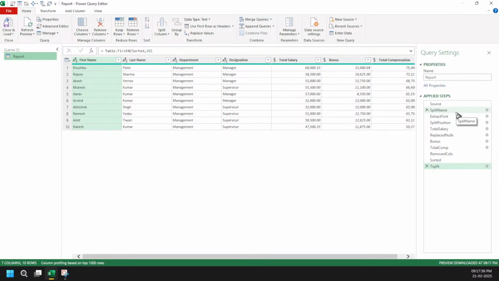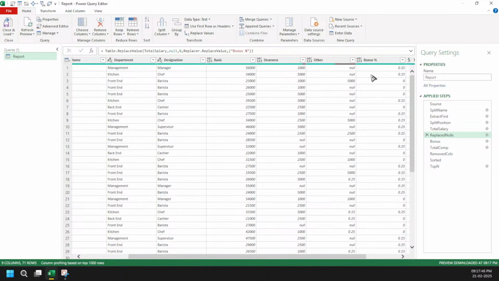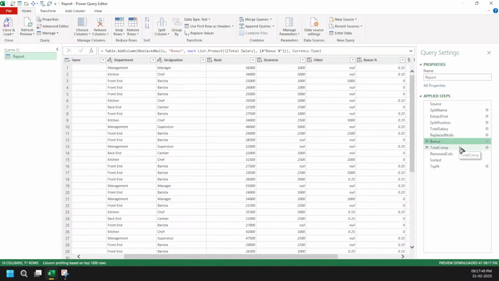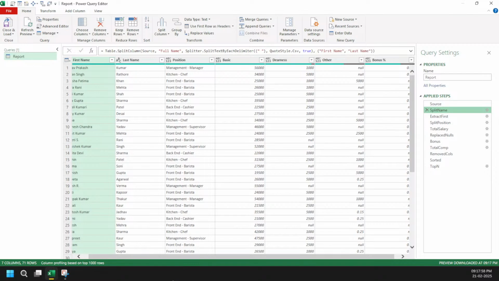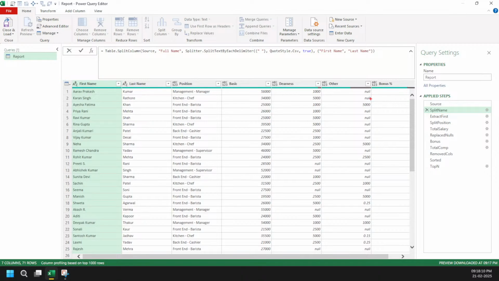Now the main thing starts. How can we start learning M language? Because these are so many steps, do I have to go here and do the null replace values every time and everything? So what we can do here, and that's where our learning starts, right? So let me tell you, you can see here what we did was, first we split them and then we extracted the first value. So let's go and see what is happening behind the scenes in Power Query.